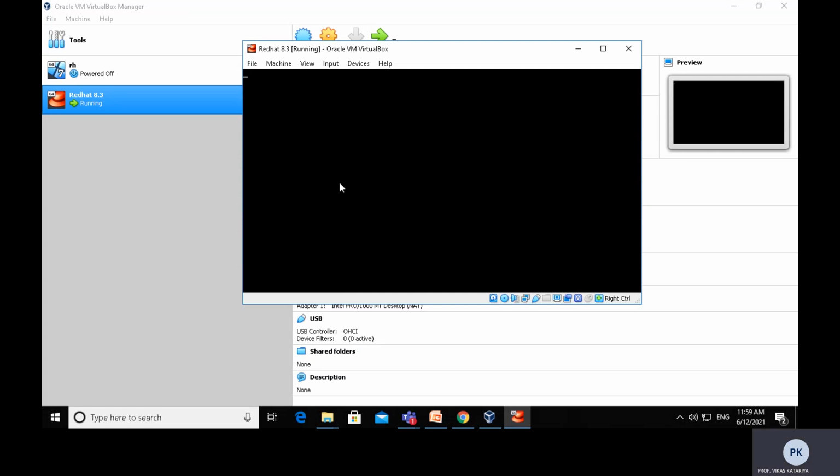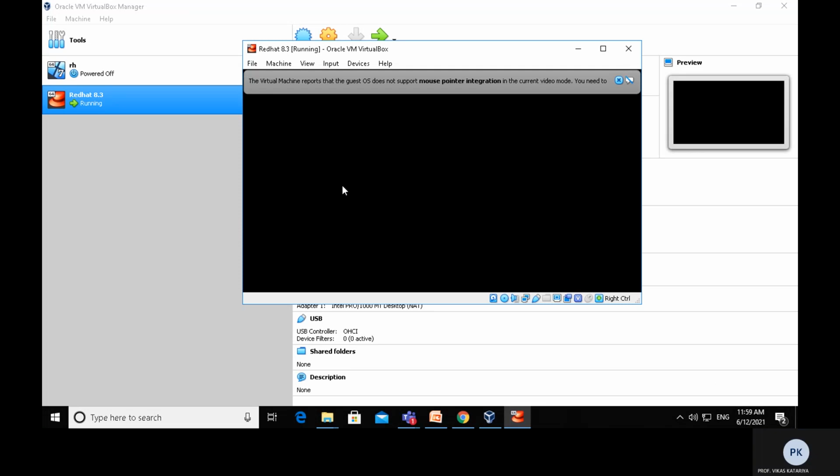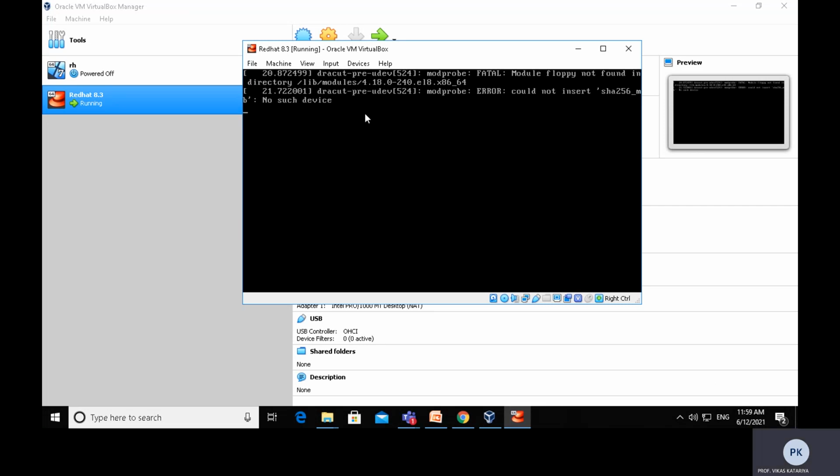Now it will read all the instructions and data in the ISO file. For your information, an ISO image can have a number of packages, files, and application software. It starts booting, and it will take 1 or 2 minutes.